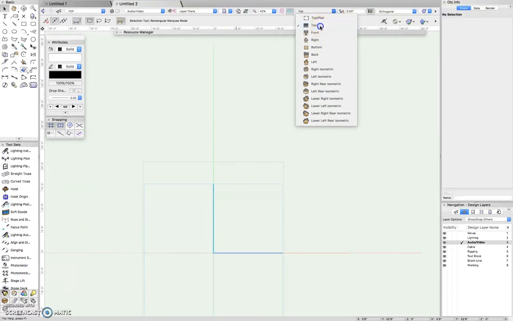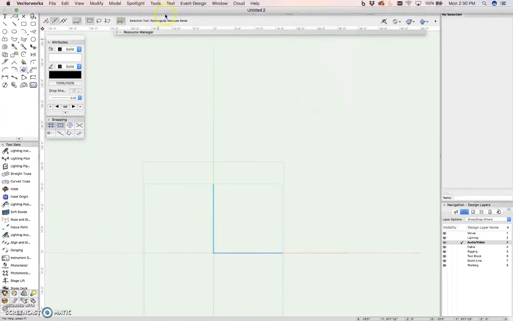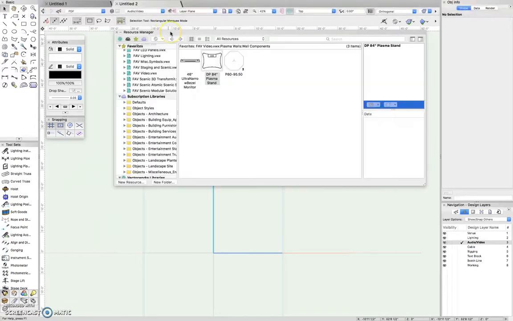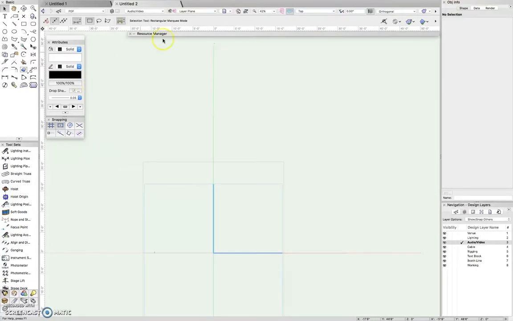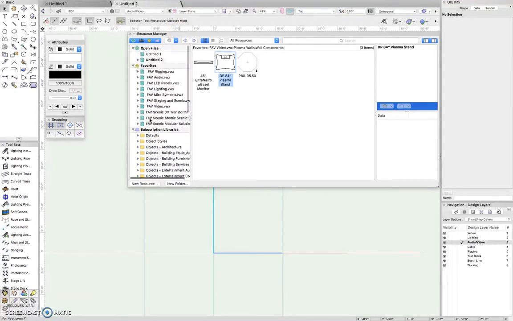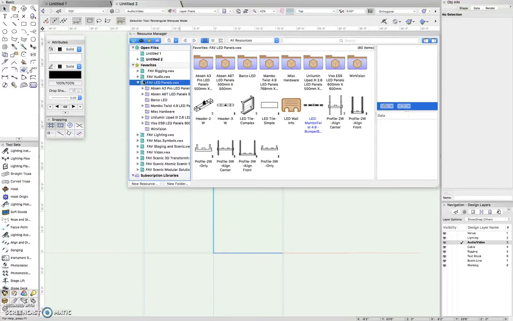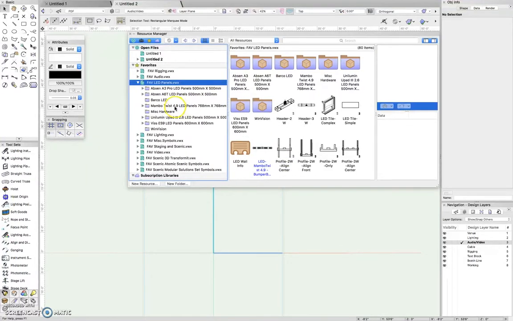Let's go ahead and just start off. Just go to your wireframe top mode. Go into your resource manager, which I have as just a floating window that auto hides. So yours may or may not be set up this way, but we're going to go look at the FAV LED panels. Let's just go ahead and do a Unilumen,